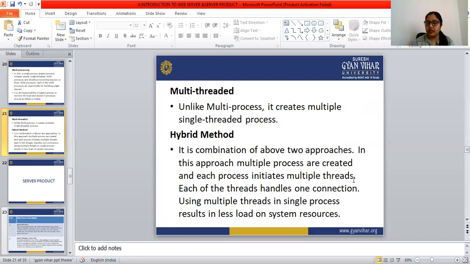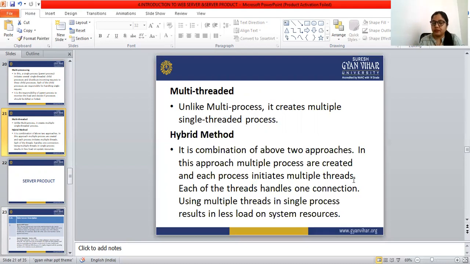Each thread handles one connection. Using multiple threads in a single process results in less load on the system resources.